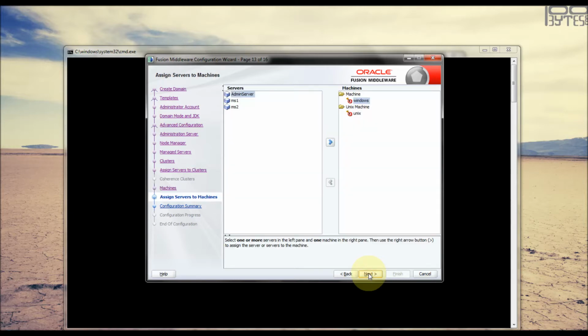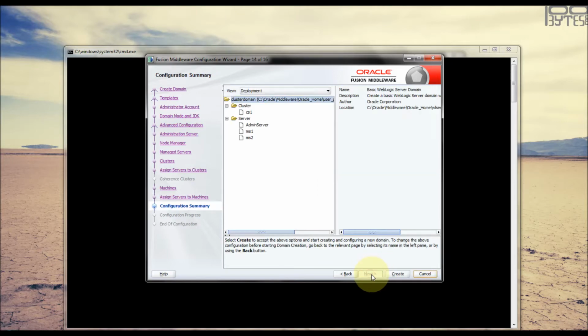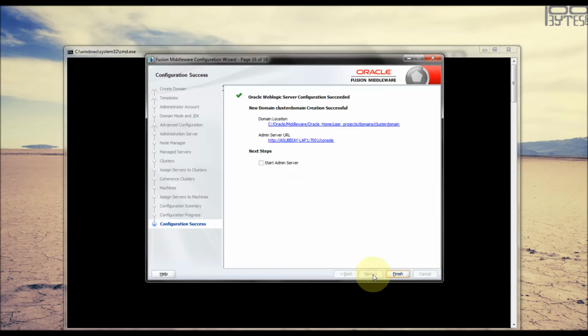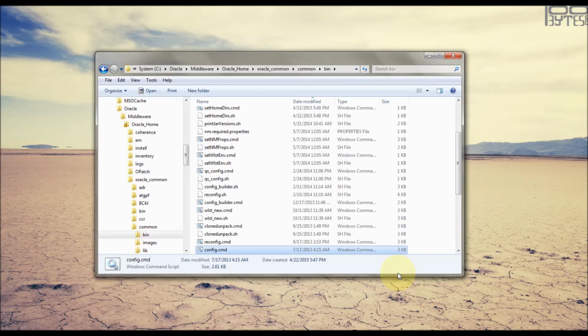Click next, and then I'm assigning ms1 to the Windows machine and ms2 to the Unix machine. Click next and create. This will start creating the domain. Now it is successfully created. Finish.